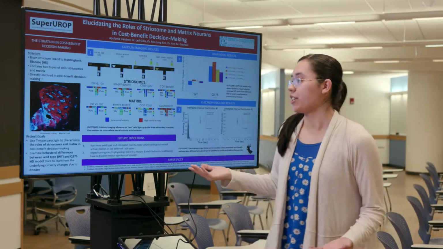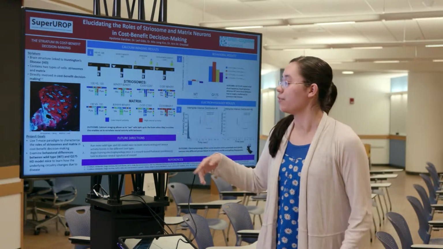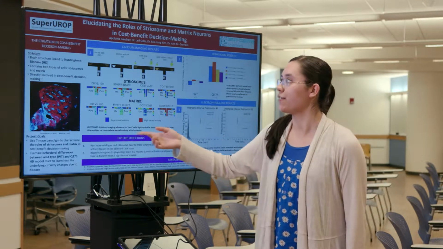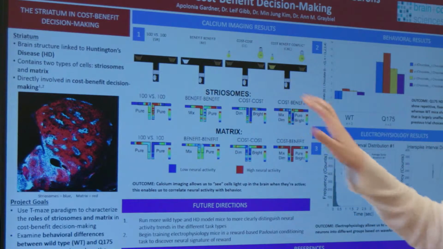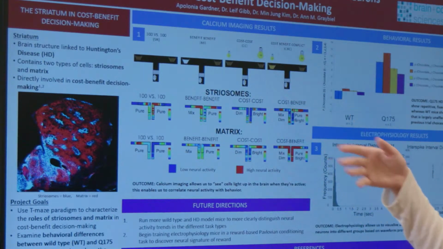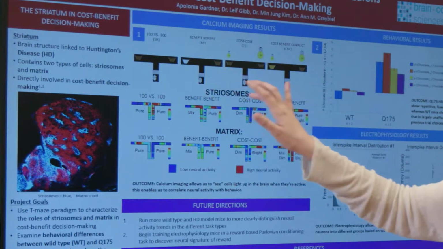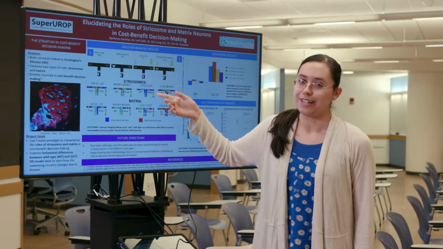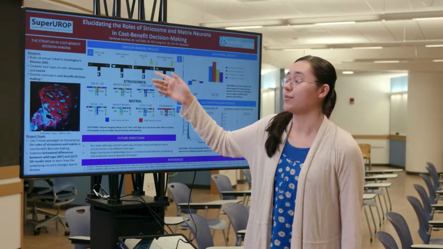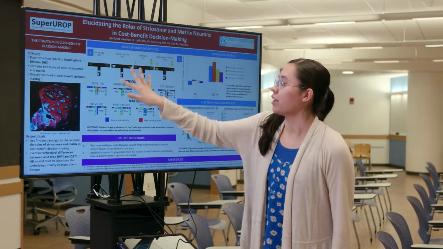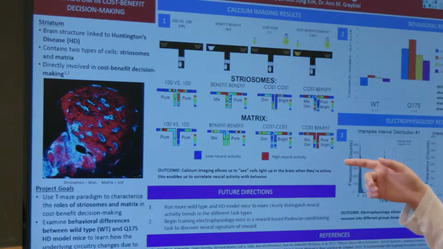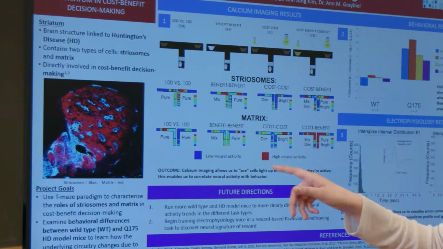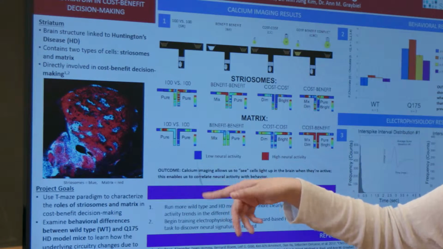So calcium imaging in general is a way that we can see cells lighting up in the brain and correlate that activity with behavior. And so here I'm showing you 4 different types of T-maze tasks that we run our mice in, and each of them are characterized by different levels of cost and rewards on either side, the rewards being different levels of chocolate milk and the costs being different intensities of light. And below I'm showing you heat map plots of neural activity for striosomes and matrix neurons in the 4 task types, where red represents high activity and blue represents low activity.